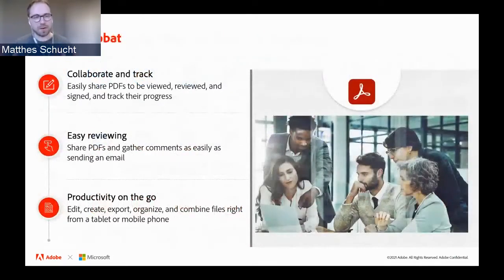Now that I've somehow set the scene around what PDF is and what the partnership with Microsoft is about, let's have a look at what Acrobat is about, or what Acrobat as a product is. Acrobat, of course, is a PDF tool, a PDF editor, a PDF viewer, and we are focusing on collaboration to easily share PDFs, to review PDFs, to track progress of documents which are sent out for signature, to collect comments,